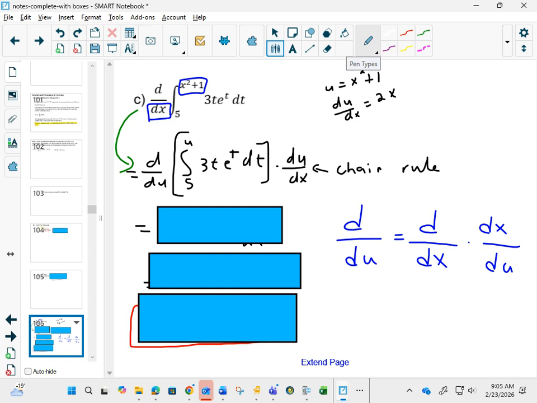So I do a substitution rule. I say, well, let's make this a nice variable that we go up to. I'm going to call u x squared plus 1. Now I'm going up to u. And if I could do ddu of that, then it would be very nice and work out for my fundamental theorem of calculus part 1. So how do I change the ddu? Well,